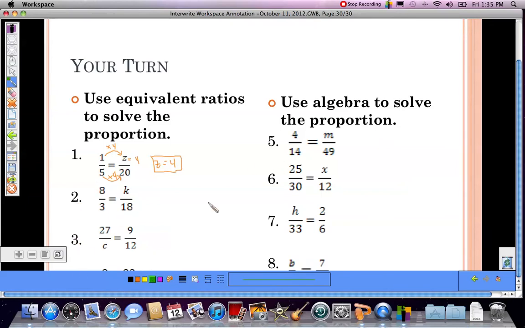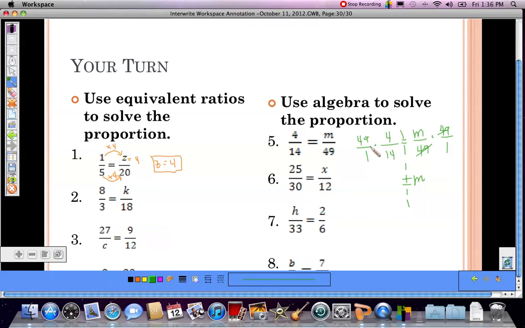Now, coming over to the second section here, we're going to use algebra to solve. So I'll solve the first one to show you what I mean. I'm going to rewrite this over here in the margin just to have a little bit more space. So this is like solving a one-step equation. It is a one-step equation. So we're going to start over here on the right side and multiply both sides by 49. That's the inverse of division, would be to multiply. Balance, and finally solve. So this cancels, and m equals, now we have 49 over 1 times 4 over 14,